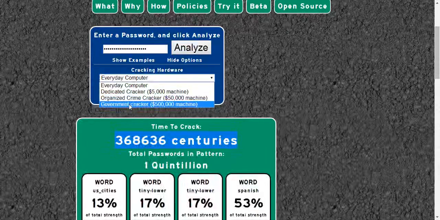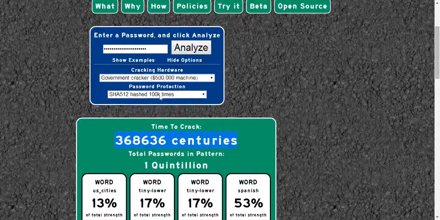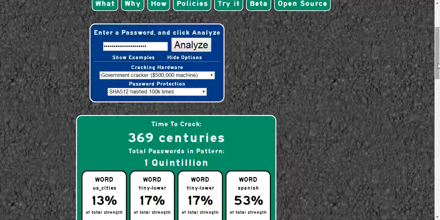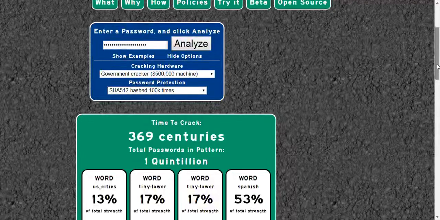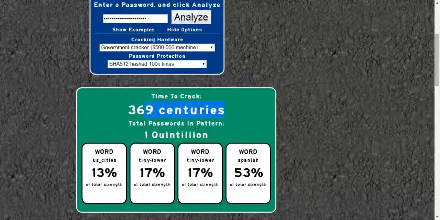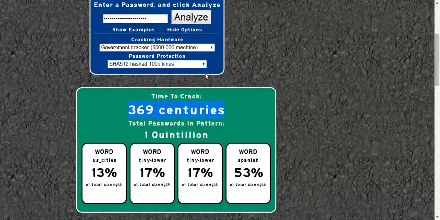So let's go all the way up to a government cracker, which I assume they'll put $1,000 towards making a password cracker. Maybe I'm not giving them enough credit. Maybe I'm giving them too much credit. Who knows? So that took down the centuries from hundreds of centuries down to a decent number of centuries.